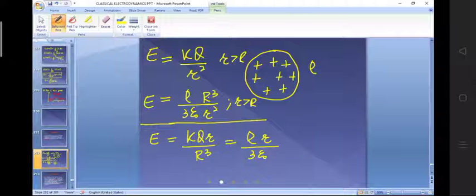Because you see what are the dimensions of r cube divided by r square? Its dimensions are L1. And what's the dimension of r? That's simply L1. Okay, so these are some typical points by which you can memorize an equation, or by which what you can do is this.